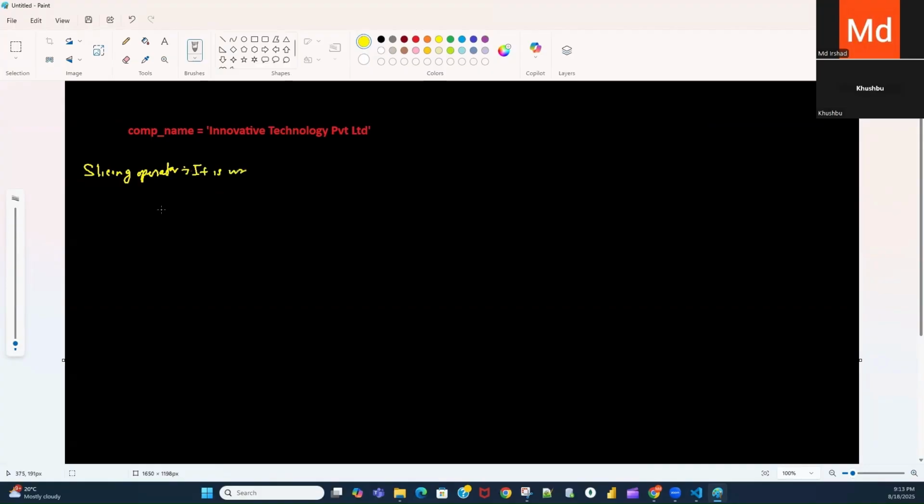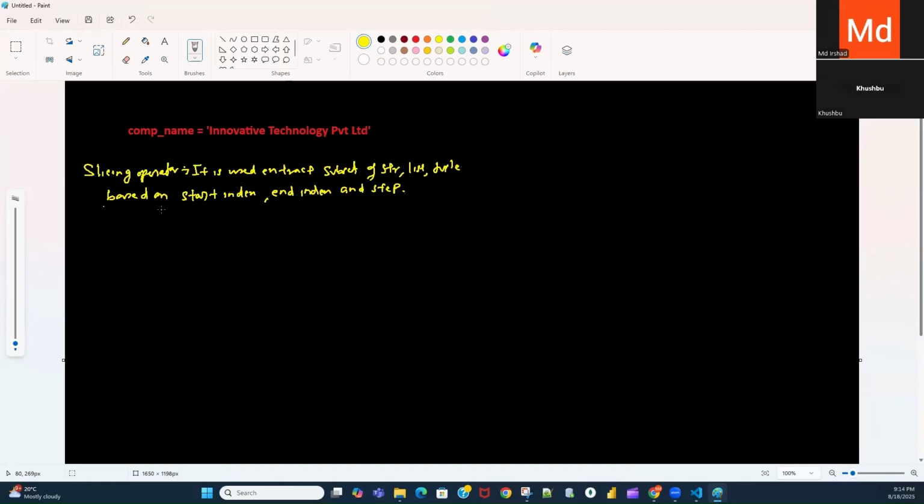It is used to extract a subset of a string, list, or tuple based on a start index, end index, and a step. In the slicing operator, we need to pass the data like this.